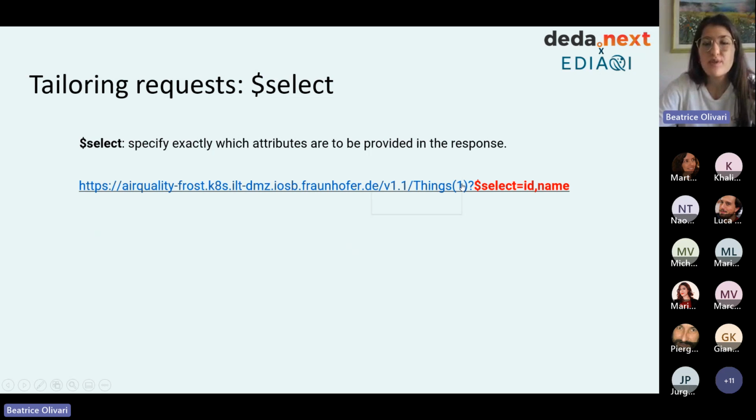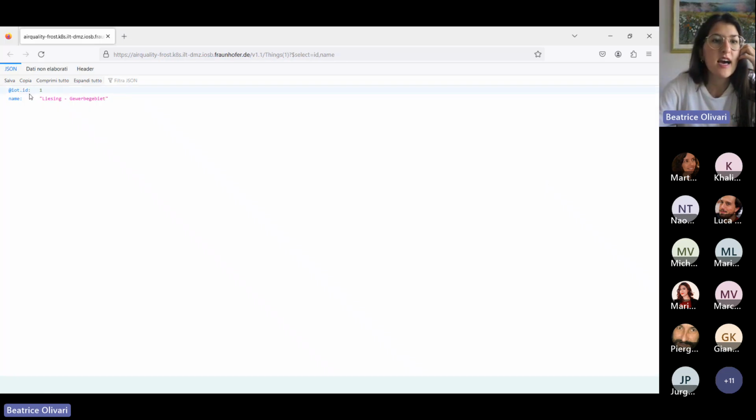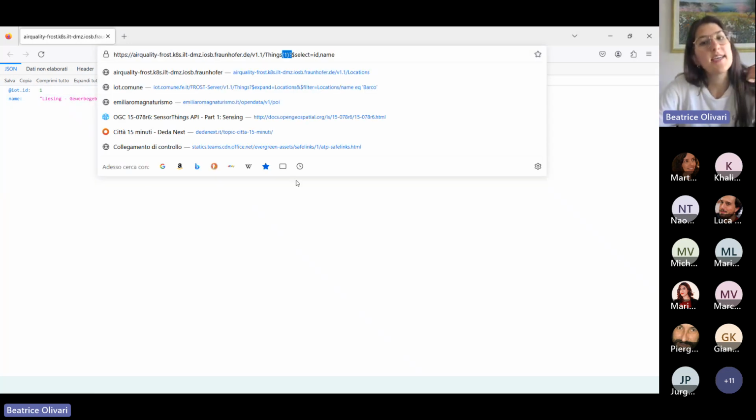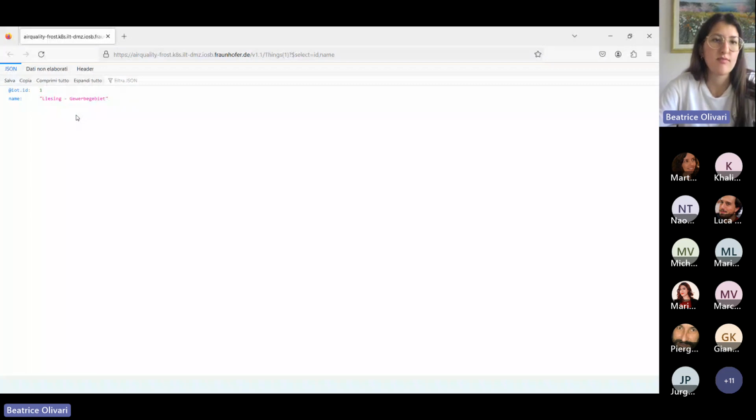So it may be useful to only get the elements that we want. So for instance, here, if I go on things, maybe I only want the ID and the name, because these could be the only things I'm interested in. And so if I select only those, you see here I only get one thing, the thing with ID 1, and I get the ID and the name. So this is more clear.